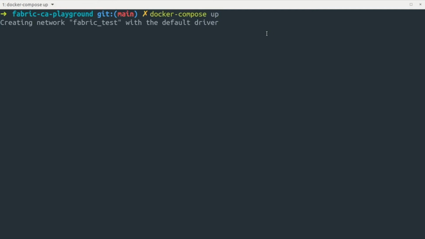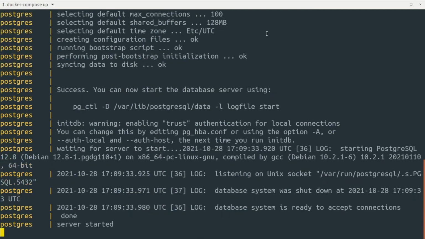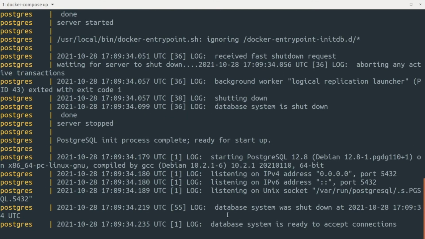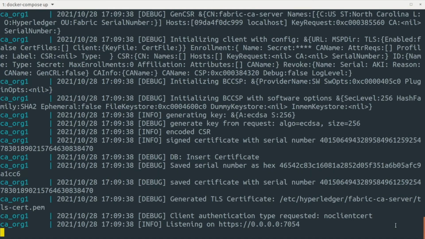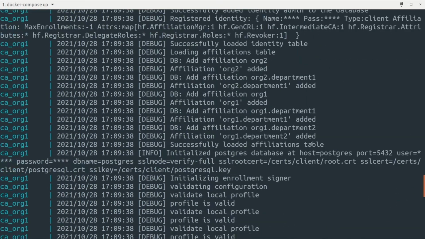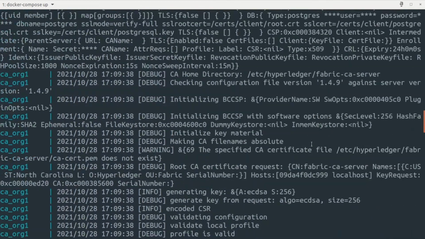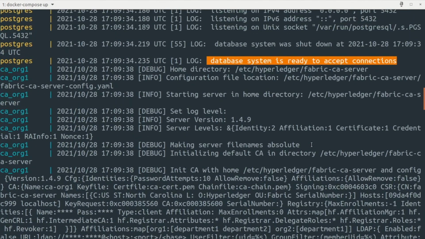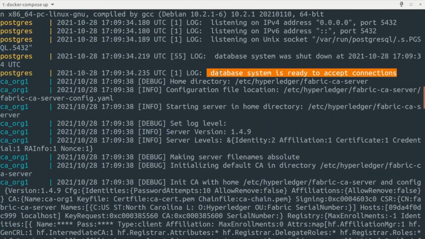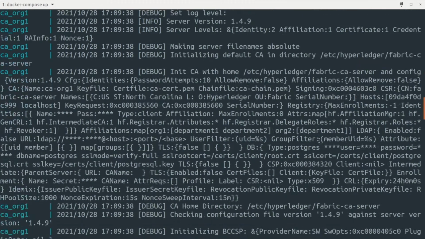So you can see that the database is ready to accept the connections, and it is waiting for 5 seconds. So it waited for 5 seconds, and then it started the CA server. So here our database was up and ready to accept the connections. And if we scroll down